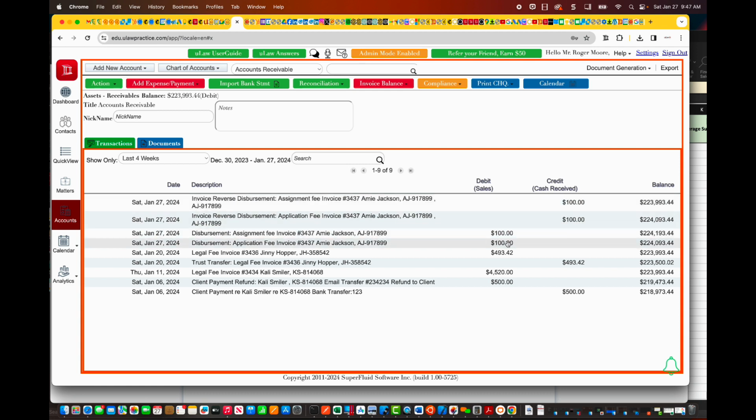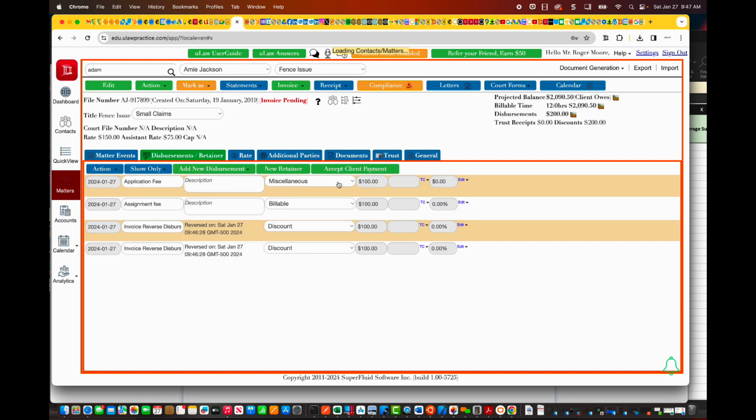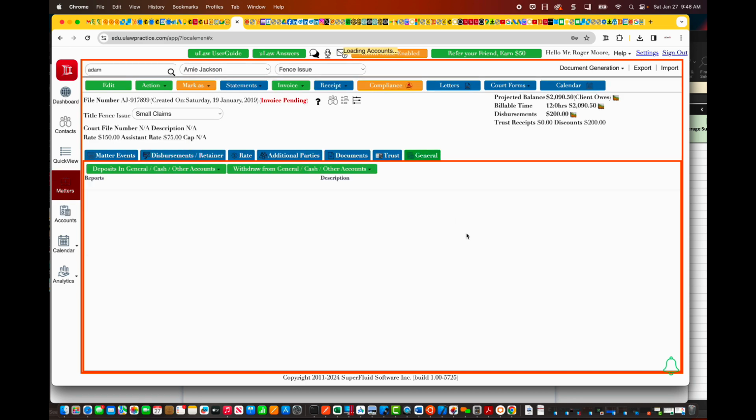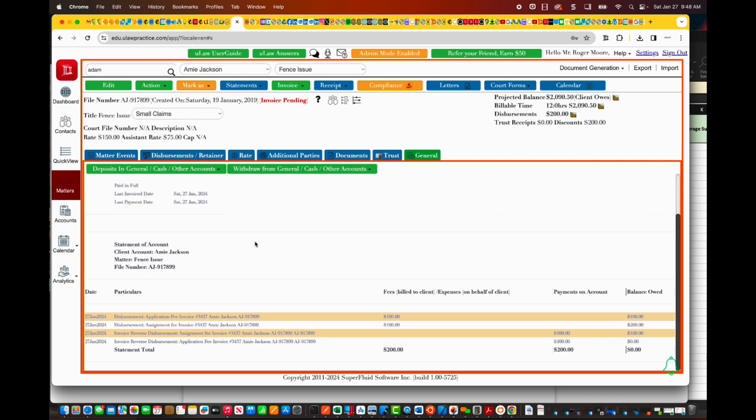So what was supposed to go to the client is now completely negated. That part is very clear. So that's why when I go into the matter and I go into my general account, now you will see that the 200 that you raised as an invoice has been reversed. That's what reversal does. What reversal does is it reverses your balance from your client, but your payments are still